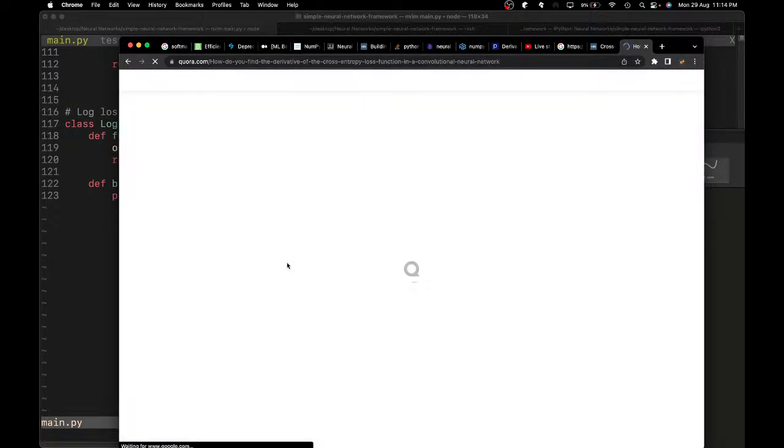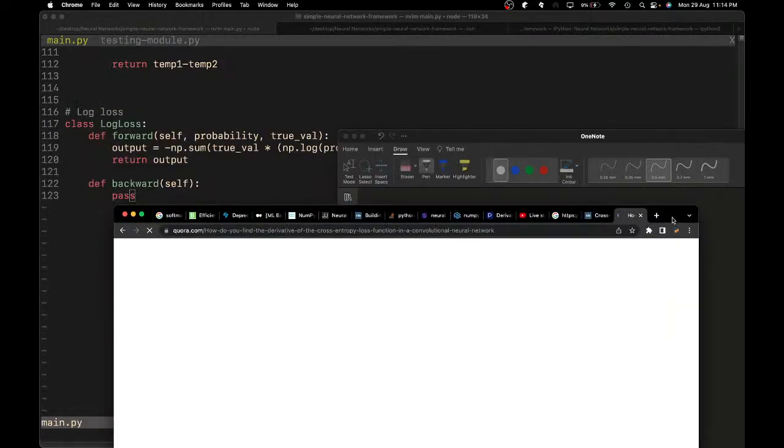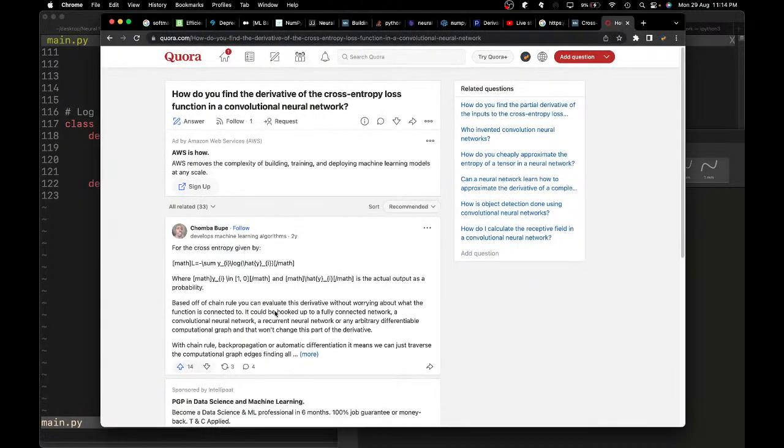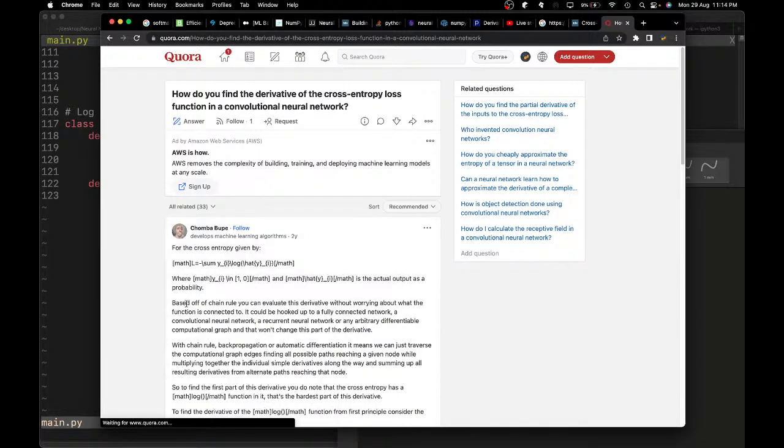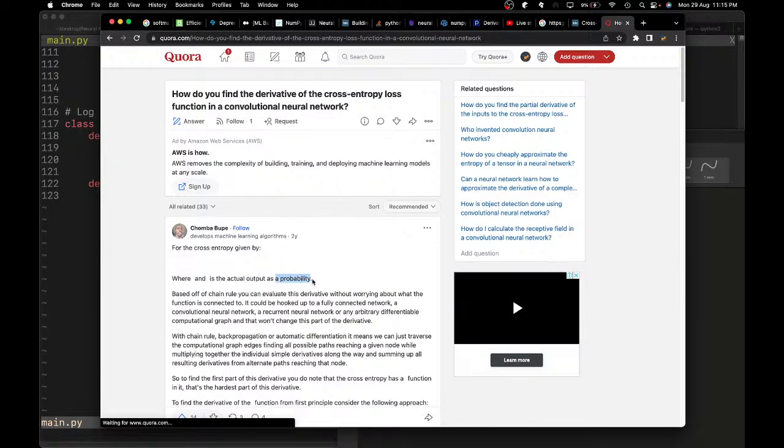Let's look at Quora maybe. I don't know where, because I just want to get this one. But the cross entropy, why are we not getting the LaTeX formatting which we should be getting? It can evaluate without worrying about what a function is connected to. Yeah, but I don't care. But the thing is,